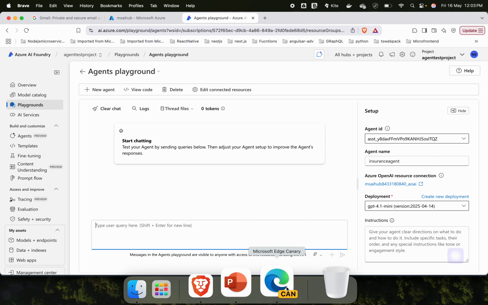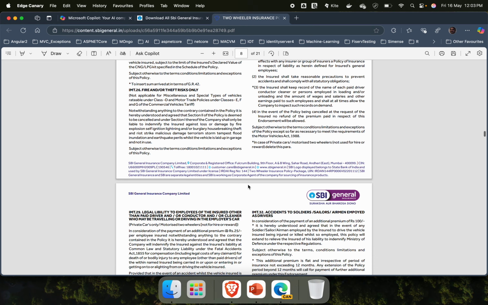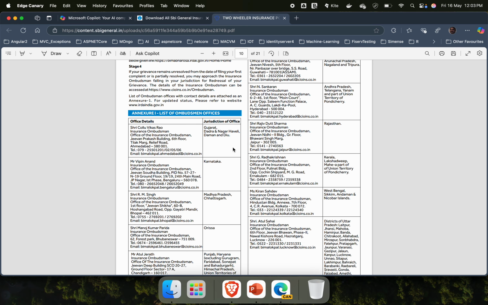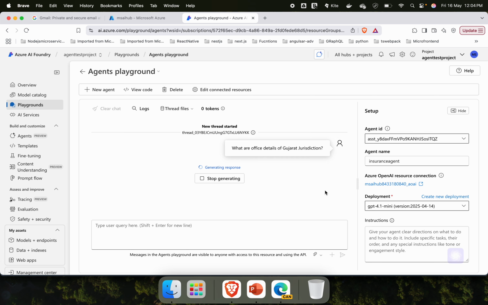and let me ask some questions. So I'll go back to the document over there again and let me locate something. Maybe I'm trying to get an address of a particular jurisdiction. So here, let me say, okay, give me the address of the Gujarat jurisdiction over here, office details. So let me go back and here I'll say, what are office details of Gujarat jurisdiction,